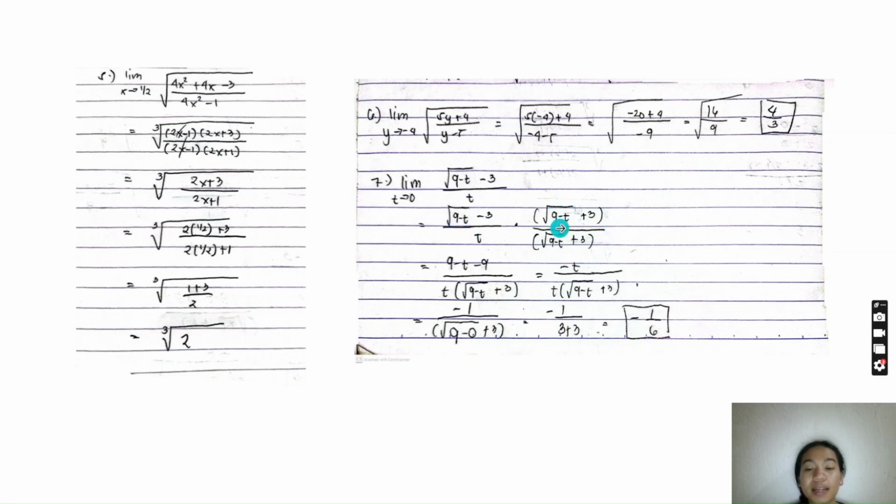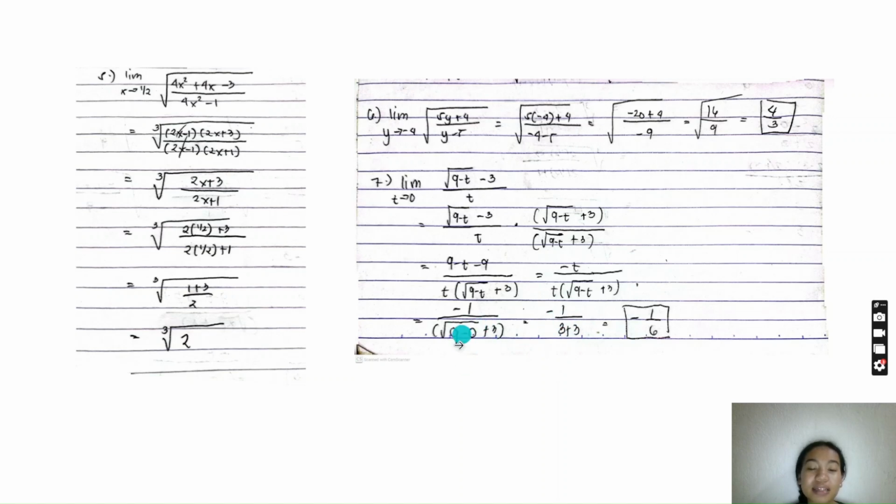Then multiplying them together, it leaves us 9 minus t minus 9 all over t times the quantity of the square root of 9 minus t plus 3. Simplifying, it gives us negative t all over t times the quantity of the square root of 9 minus t plus 3. Since we have simplified the function, we will now directly substitute 0 into this function. Substituting 0, it leaves us negative 1 all over